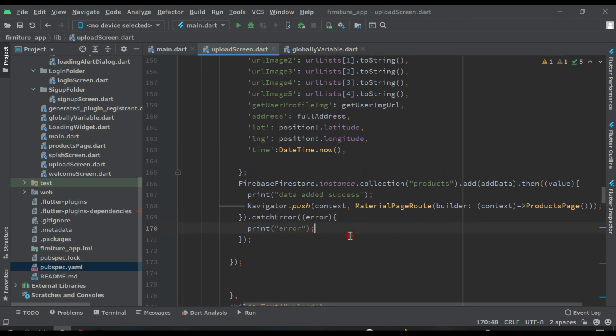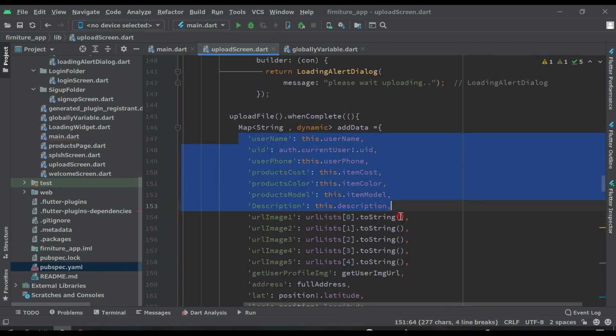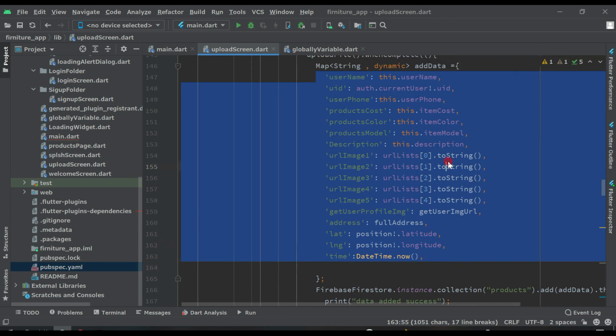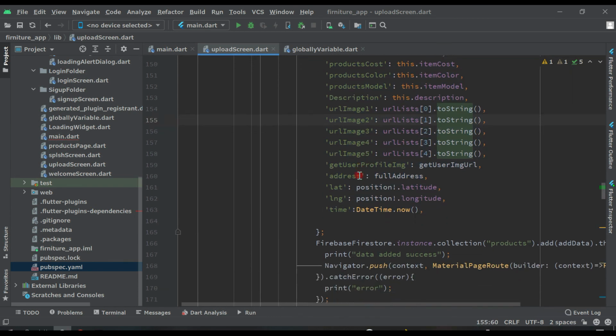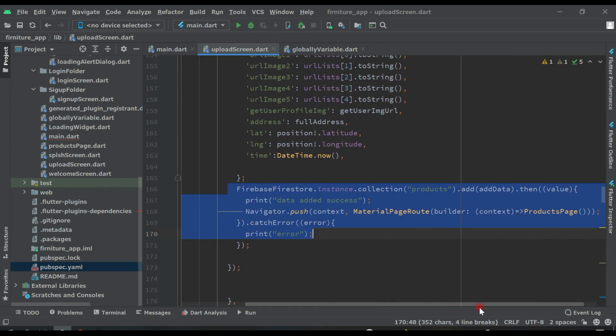That's all. So I hope you understand what I did here. We are saving all this information to our Firebase Firestore database: username, UID, user phone number, everything. And after that we will display this on our screen, the product page screen, this one which we have passed here.